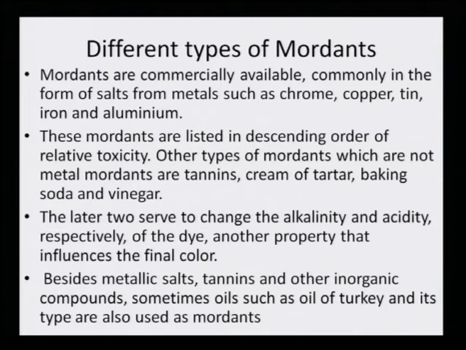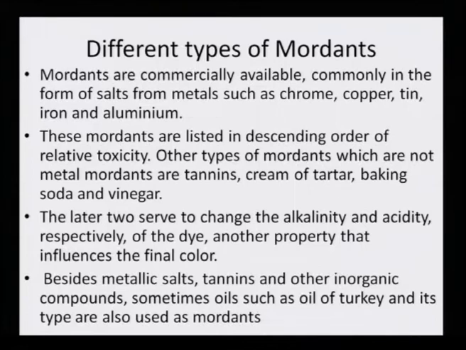So, we know that pH plays a very vital role, and when small changes in pH have to be brought about, we cannot use hydrochloric acid and sodium hydroxide, but instead something very mild: cream of tartar, which is a tartaric acid salt, baking soda, which is mild sodium bicarbonate, or vinegar, which is a dilute form of acetic acid, must be added. Besides metallic salts, tannin and other inorganic compounds, sometimes oils such as oil of Turkey and its types are used as mordant, but that is very rare in today's world of natural dyeing. Nevertheless I thought I should mention that there are some other oil based chemicals also which are used as mordants